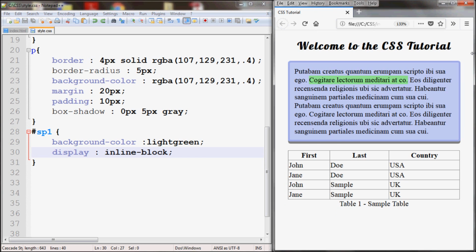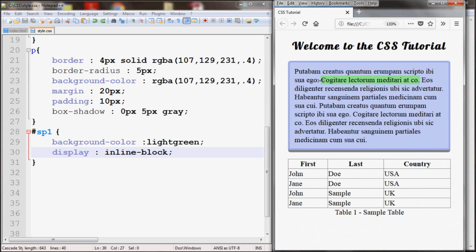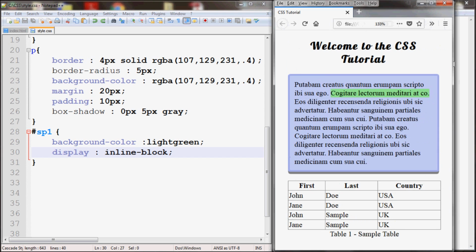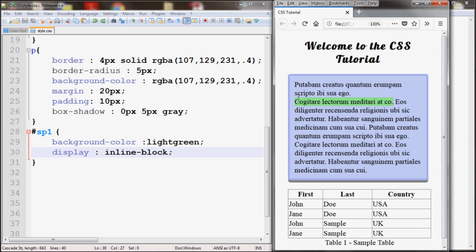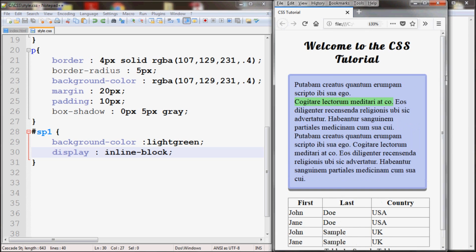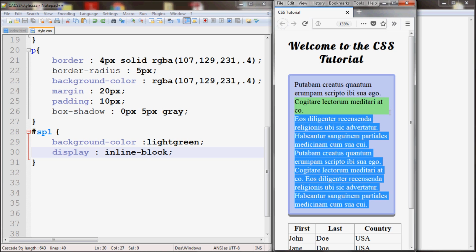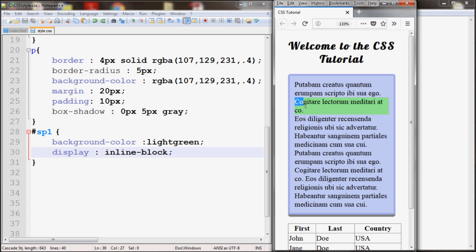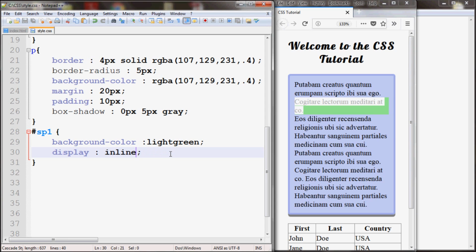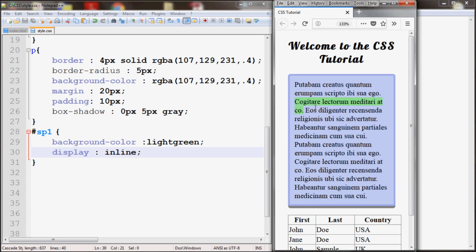But if I resize, it will break at where this line is starting and ending. As you see, it went to the next line where this span was started. And if I go down further, here you see it also broke this line where the span was ending, and now you see that it is behaving like a block at a smaller level. Had this been inline, it would have looked something similar like this. So let me make this